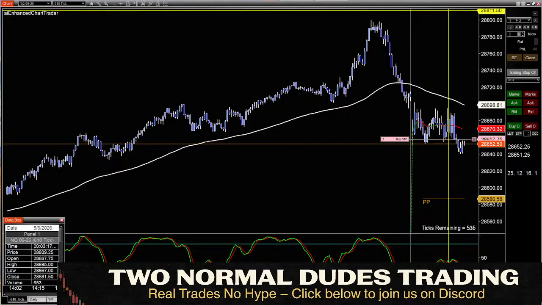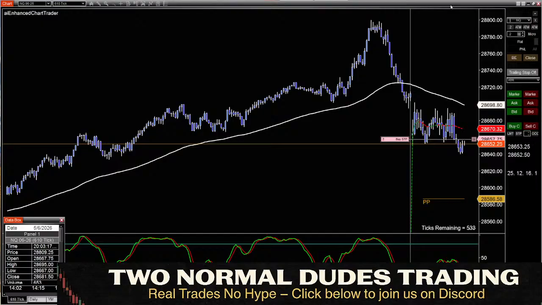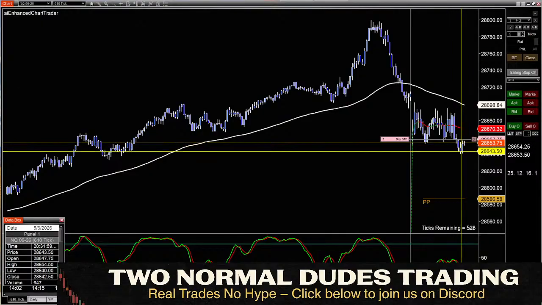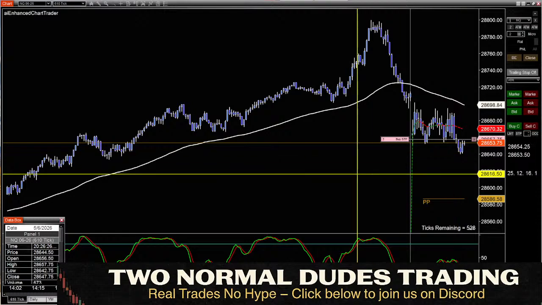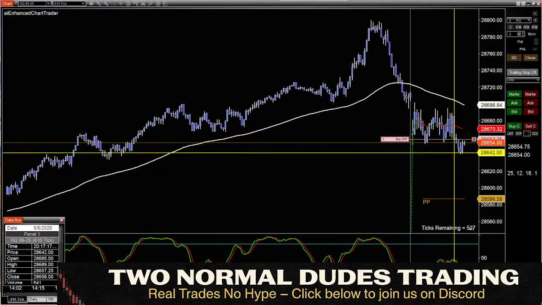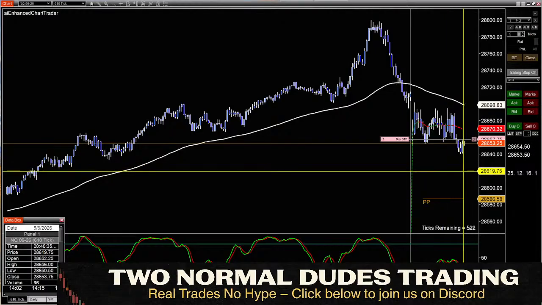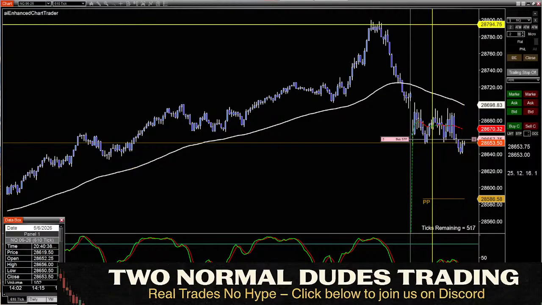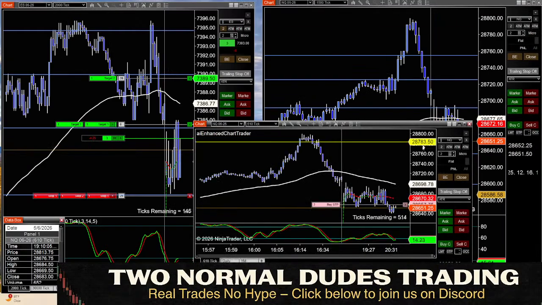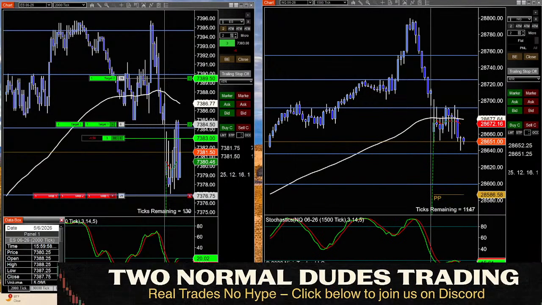So it would either come up here and fail back down, or it breaks up for a long. Look at this. That's what I'm saying. It's either going to be a failed long, in which case we've got to keep thinking short, or now we can reverse thinking back long if it breaks up. So let's see what happens. I like it. Well, we could always bracket that thing and put a sell under it.